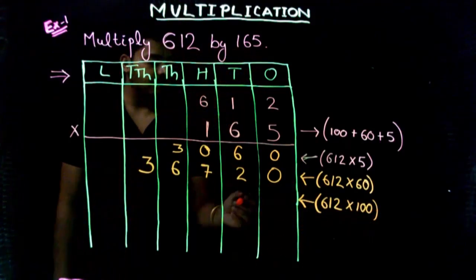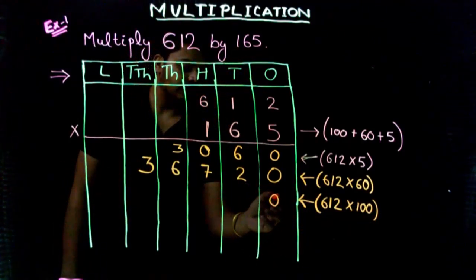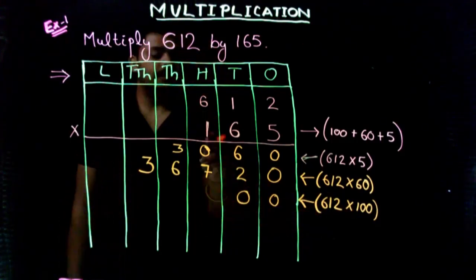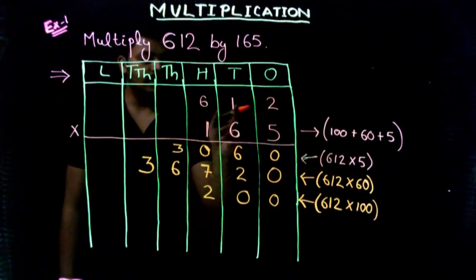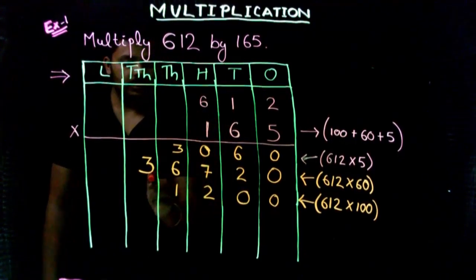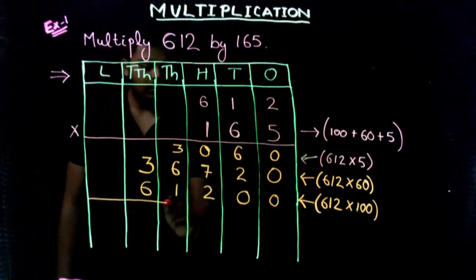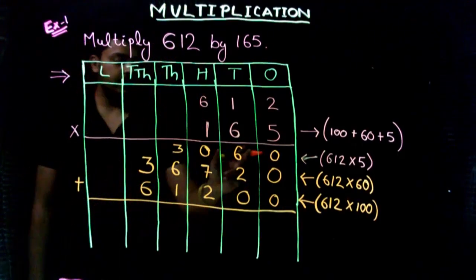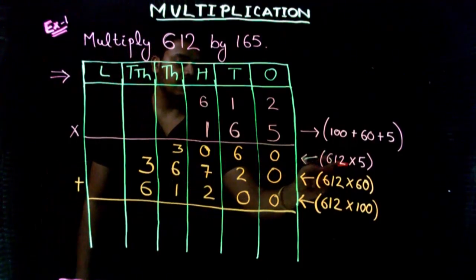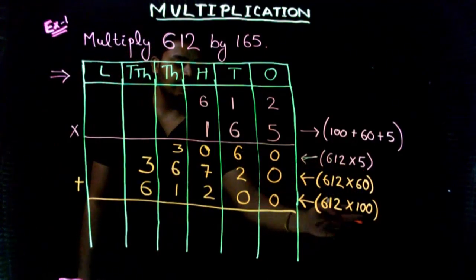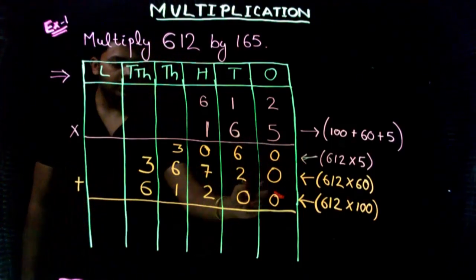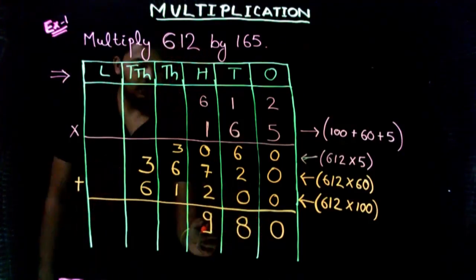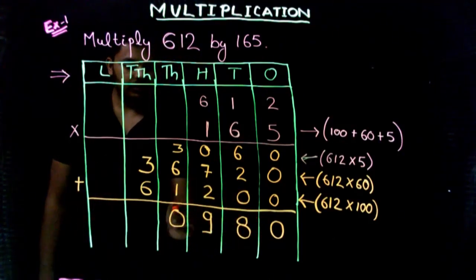So when we multiply with 100, we have to place 2 zeros and multiply 612 with 1. That is 1 into 2, 2, 1 into 1, 1, and 1 into 6, we get 6. Now we'll add up all the three answers we have got, our multiplicand with 5, then with 60 and then with 100. Now we add up all the three, we get 0, 8, 9, here it becomes 10, so 0 and